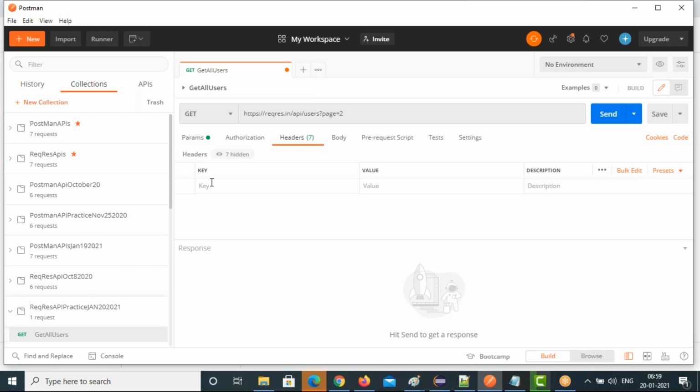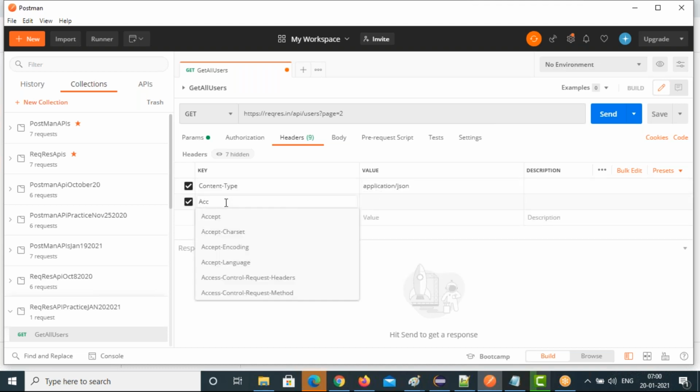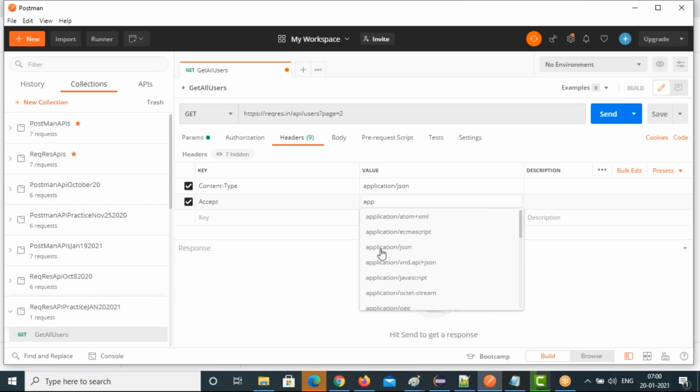Headers are Content-Type: application/json, and Accept: application/json. Here you don't need to provide any authorization token. It's freeware, and they're not asking for any authorization token. Now hit the Send button.